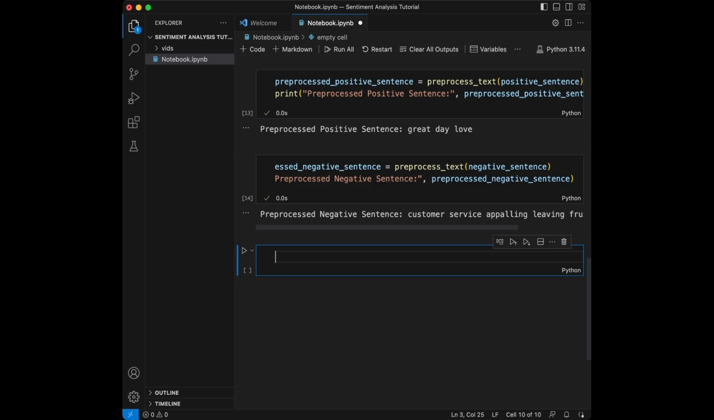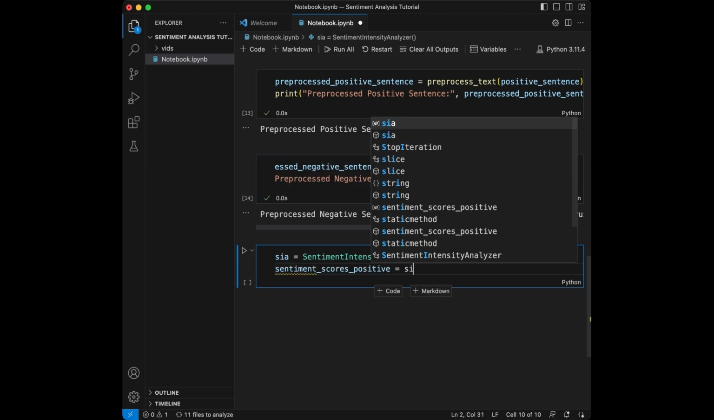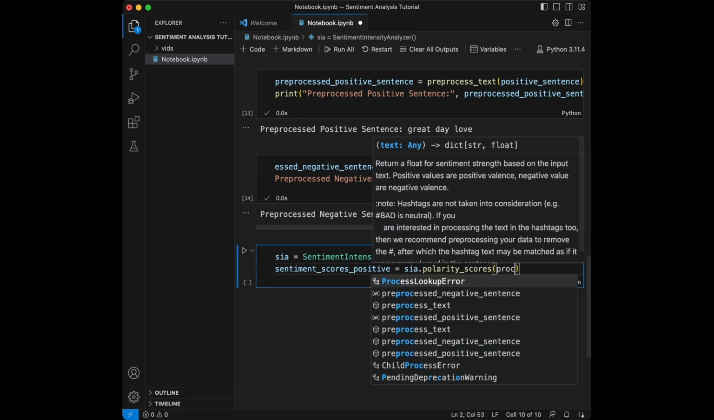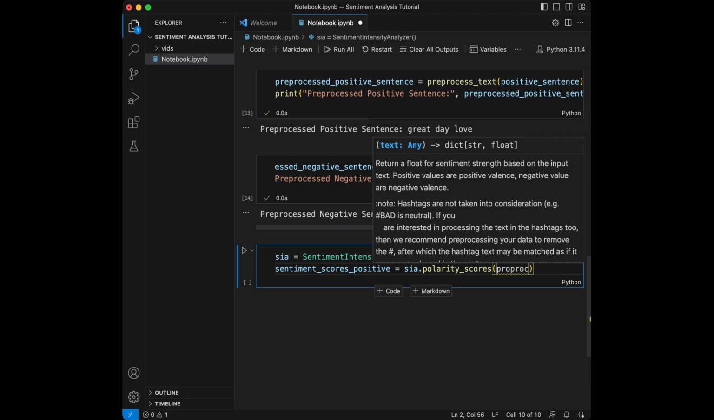Now that we have preprocessed our data, it's time to perform sentiment analysis. We will be using VADER, which represents Valence Aware Dictionary and Sentiment Reasoner, a sentiment analysis tool which is built into the NLTK library. For this, we are going to say SIA is going to be equal to the SentimentIntensityAnalyzer, and sentiment scores positive is going to be equal to the SentimentIntensityAnalyzer dot polarity scores. We are going to talk about what those are. Preprocessed